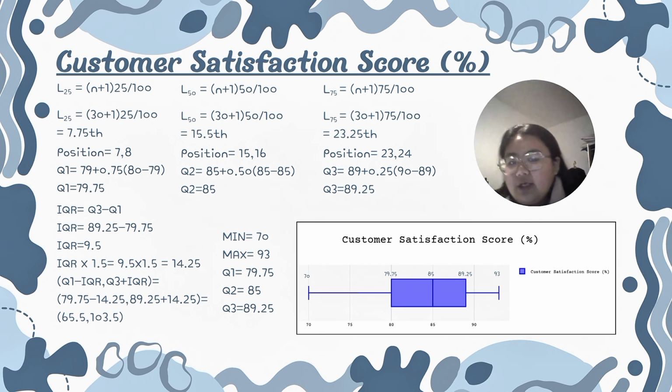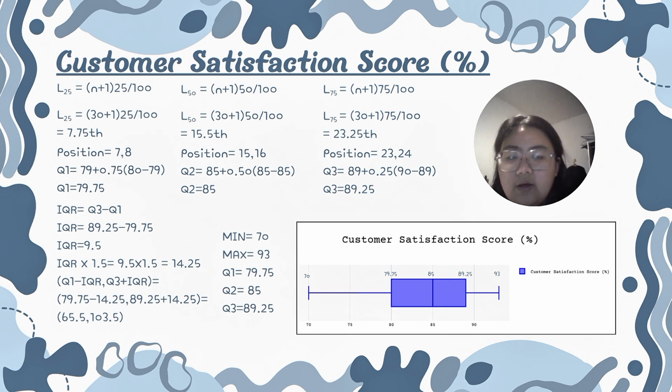Finally, the third quartile is 89.25%. So that means 25% of customers scored below 79.75, 50% of the customers scored below 85%, and 75% of the customers scored below